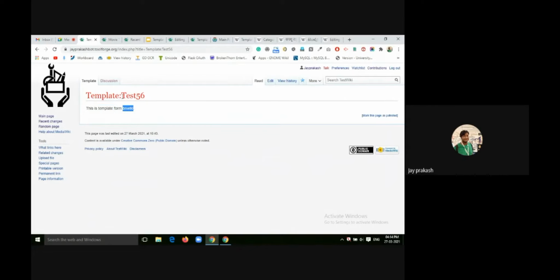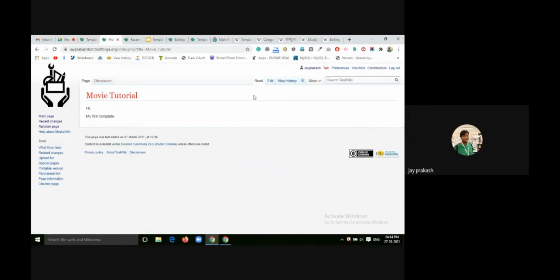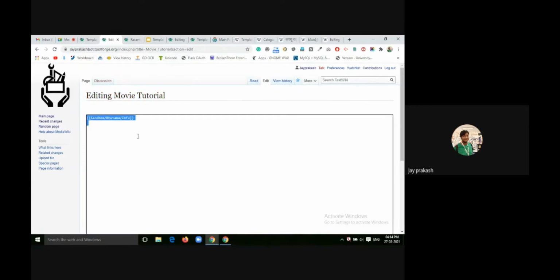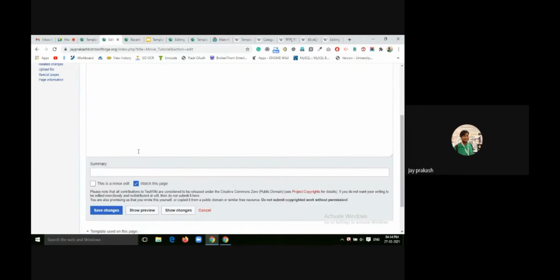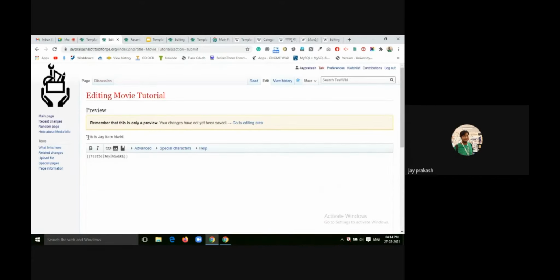But even if we call it with a parameter, it will not remain the same. If I do j and the second is hi wiki, then it will replace that default value. You can see here this is j from hi wiki.